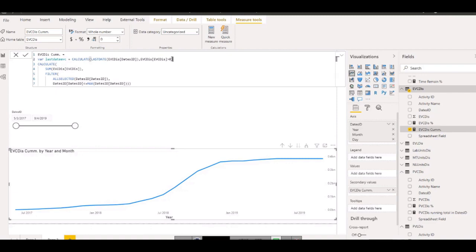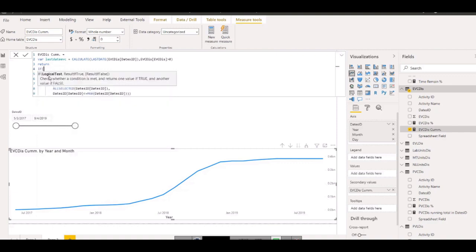We stored this value. So now what we want to do, we want to return it. Whenever you write any variable, you give the name to the variable, then you make it equal and give the condition, whatever your condition is. Then next step, if you want to use that variable, you need to write return. So now I'm able to use that. It is now in the memory of DAX that this variable the user has created and the user can use anytime. So once you have written return, I will go and make a little condition that if